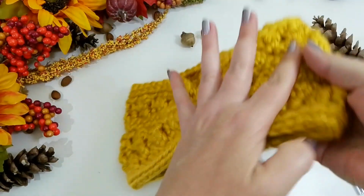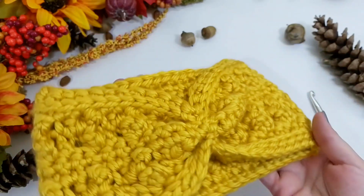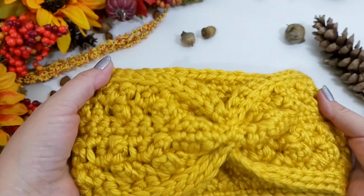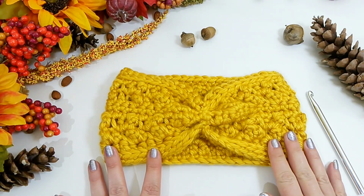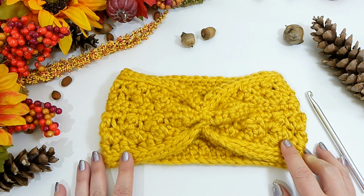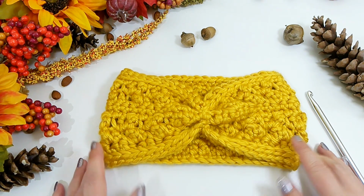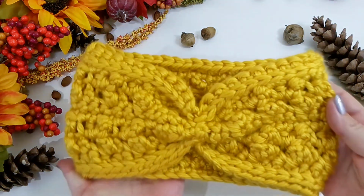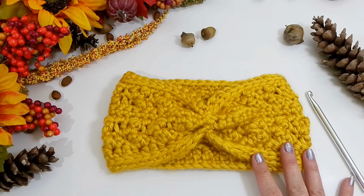It's a beautiful pattern. And it is made with all single crochets. Can you believe that? All single crochets. It's a beautiful, beautiful pattern. So this pattern here is made with Hometown USA yarn, which is made by LionBrand, in the color Madison. So this is a nice golden yellow color. It's the color Madison. And for the tutorial, I will be using